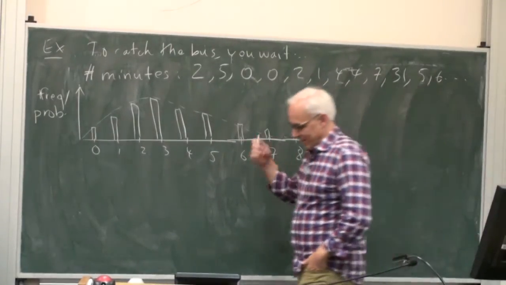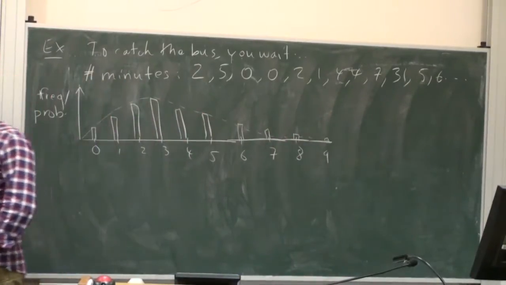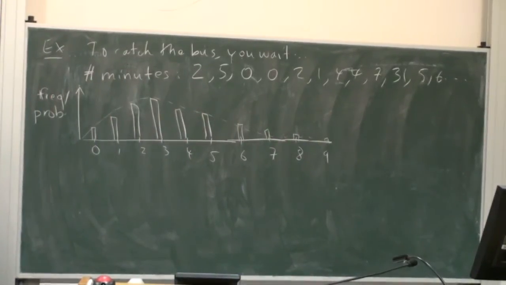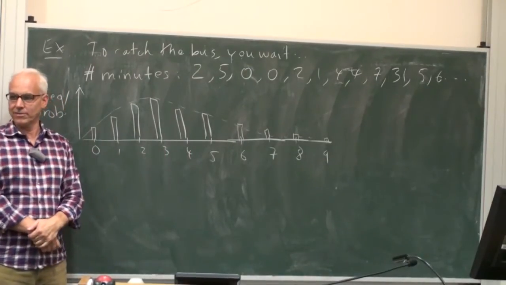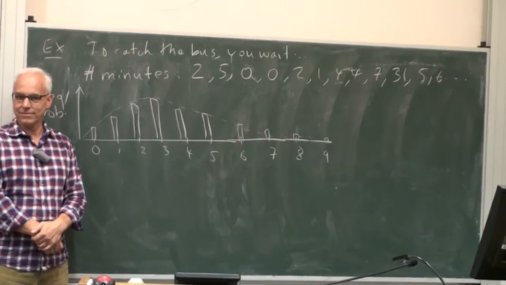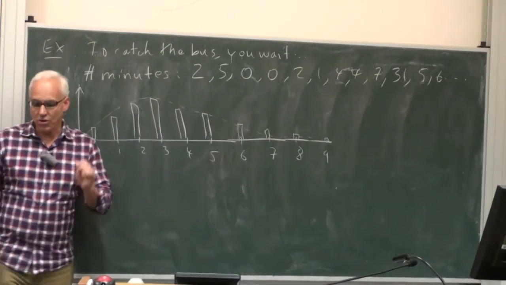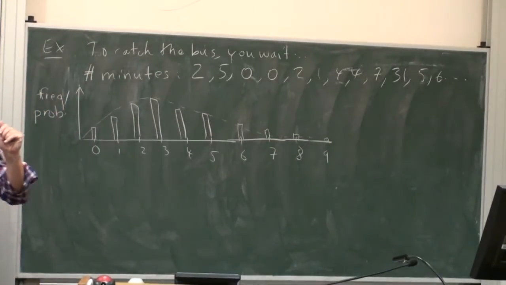And if you perform some completely different experiment, like maybe next time you're at the checkout counter in a department store, you count how many people there are in front of you. That's a completely different experiment. But you might find that the distribution that you get looks a lot like this distribution. Maybe, maybe not. So there are all these distributions out there in the real world that are only accessible to you if you're willing to make measurements over a period of time. But if you are willing to make measurements, you can start seeing these distributions in practice.